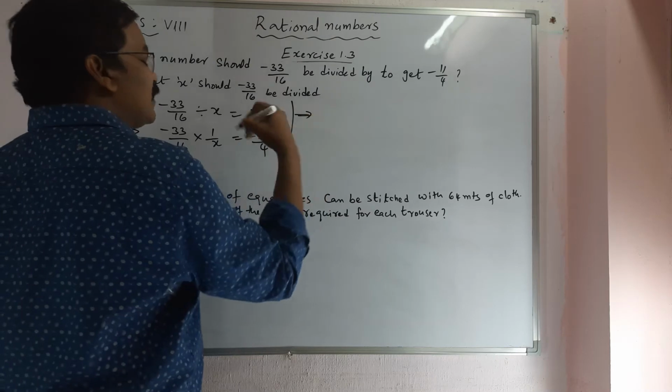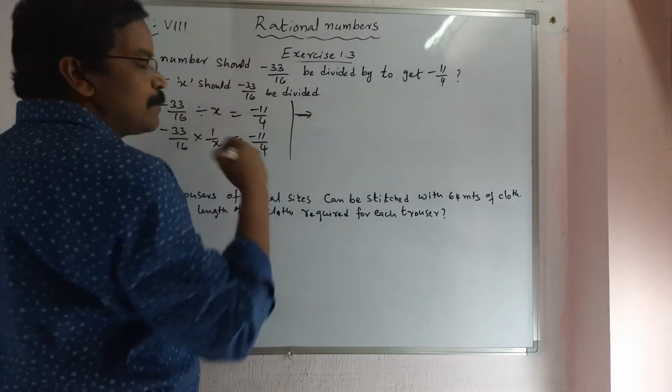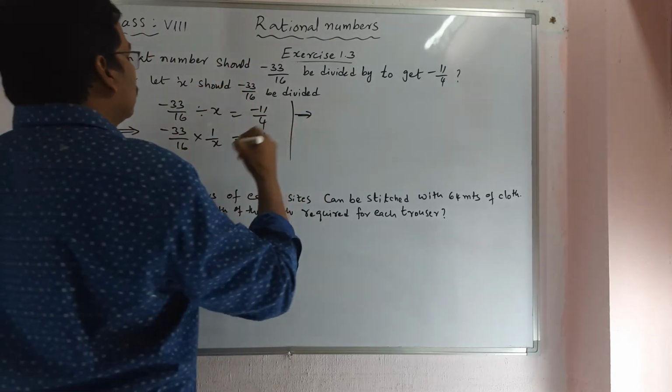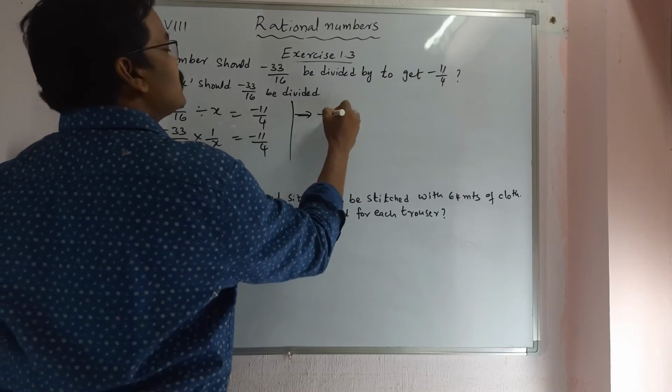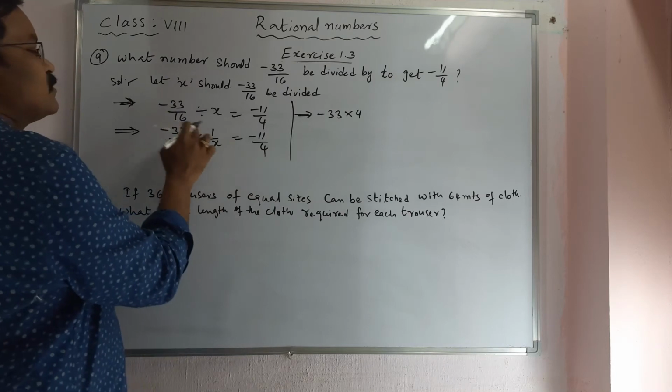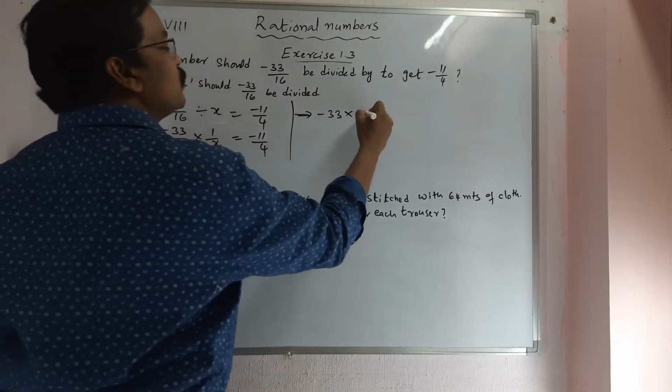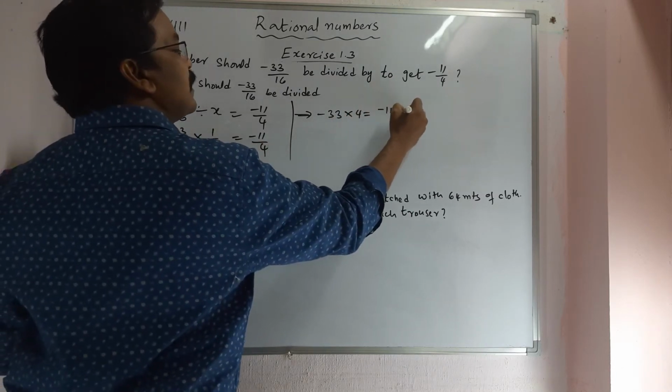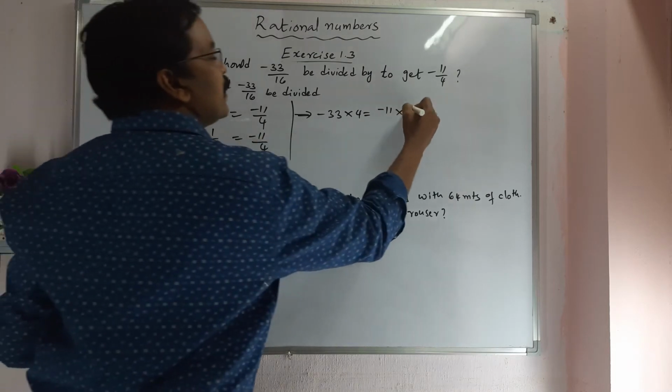Here I want the x value, that number I want. So by cross multiplication, minus 33 times 4 is equal to minus 11 times 16 times